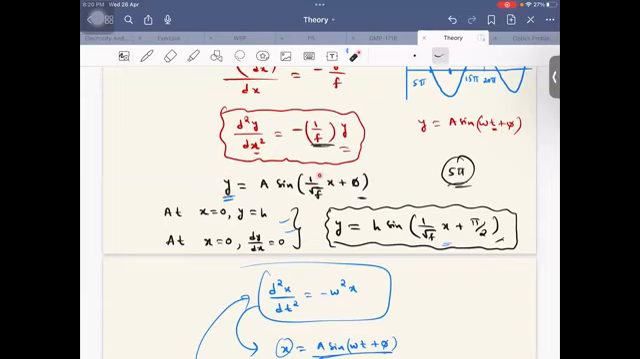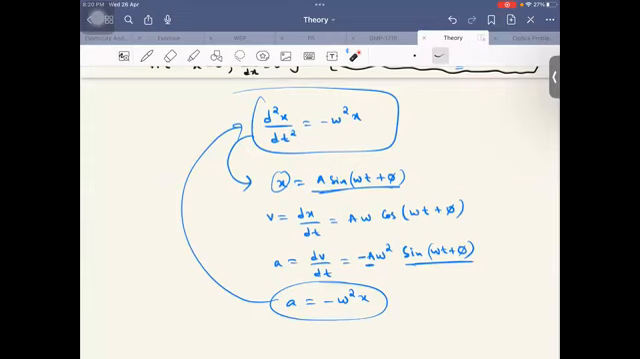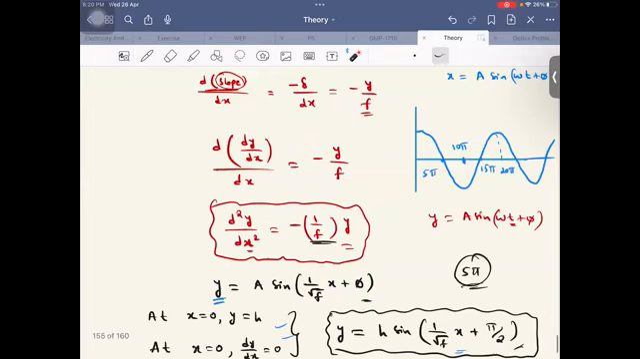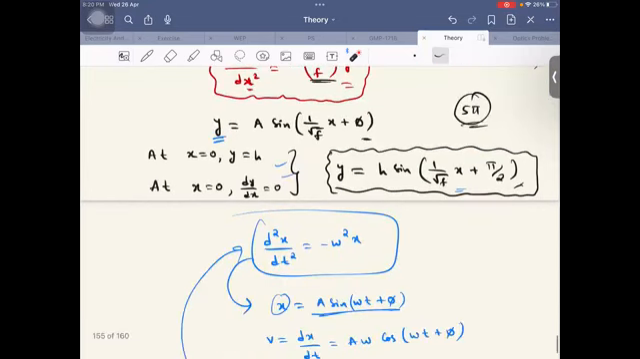Sir, how did you get this 1 by root f? Just now I told you the equation is of the form a equal to minus omega square x. So omega square is 1 by f, which means omega is 1 by root f. Is it clear? Understood? I guess this is what your doubt was, right? Yes, sir. From here to here, how did you get it? Clear? Yes. Yeah. So next, so there are